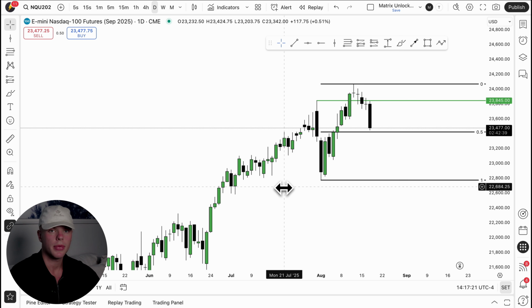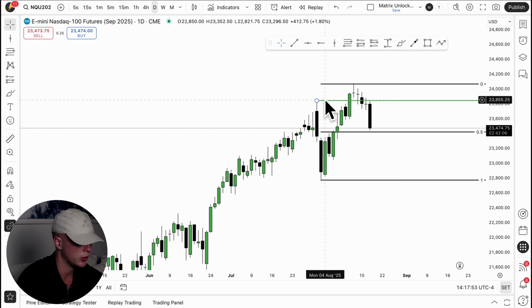I'm a big believer in having fewer drawings on your chart, because the more drawings you have, the more distractions you have as well. I want my charts to be completely clean. So when I trade myself, my charts are completely empty. All they annotate is maybe an old high or an old low, and that's it. That's honestly all that I like to annotate, but because I'm also sharing my analysis, it's of course required for me to annotate what I'm referring to, because otherwise people are like, what level are you referring to? When I physically plot it, it's easy to follow along with.